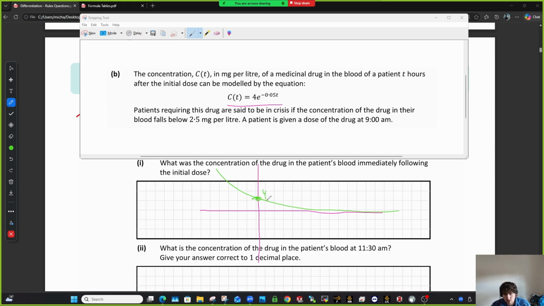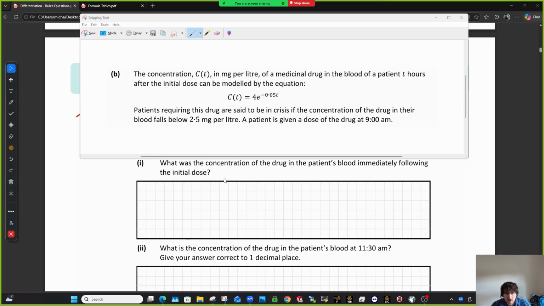It goes through 4, and we know that because that's when we set t to 0, we find where it crosses the y-axis, so it's that number in front. And yeah, you can see it's decaying down here because we found after 2.5 hours it had a value of something like, what was it, 3.5 there a second ago? Okay,